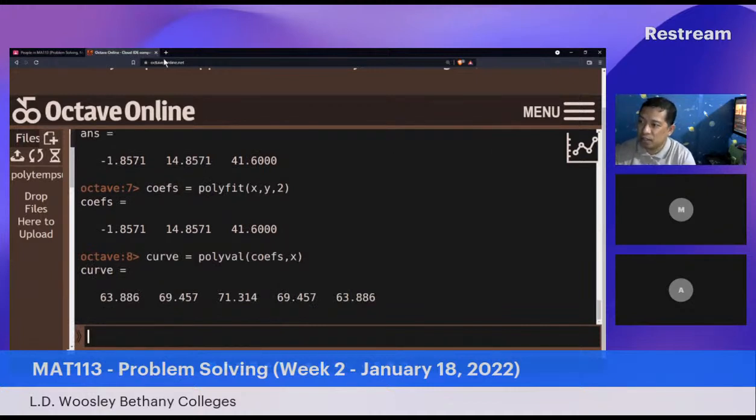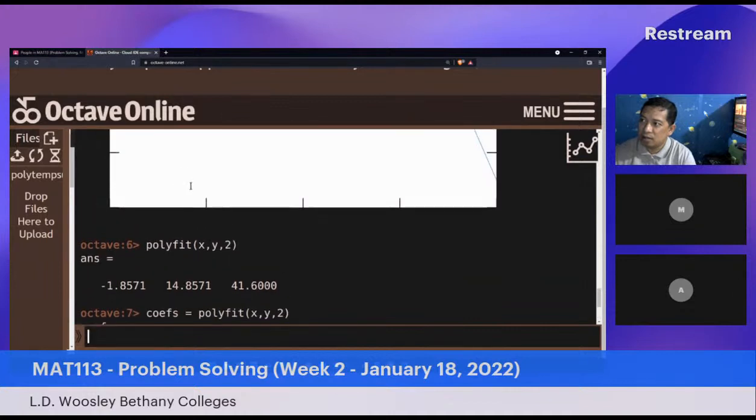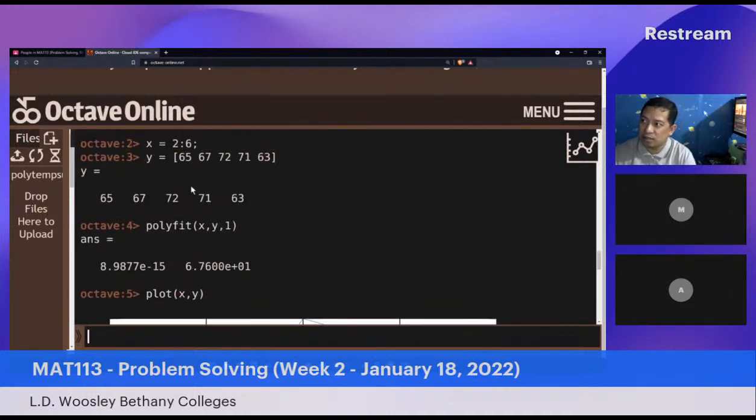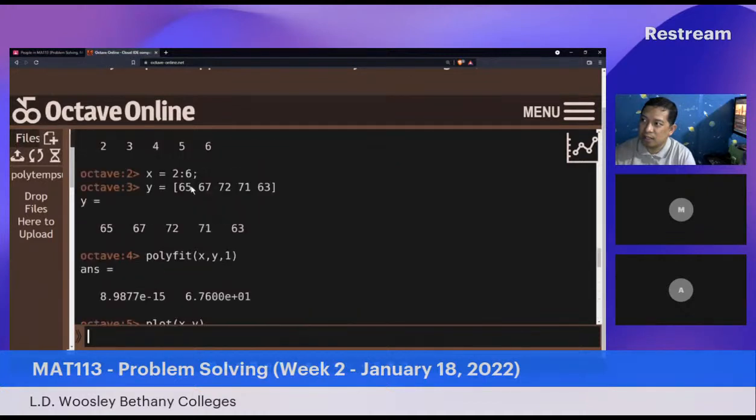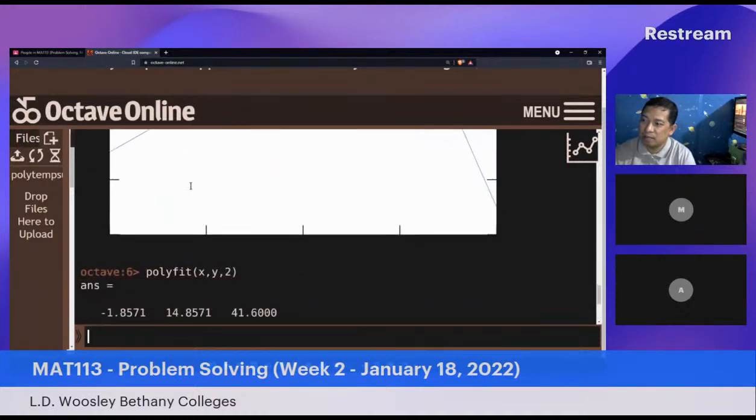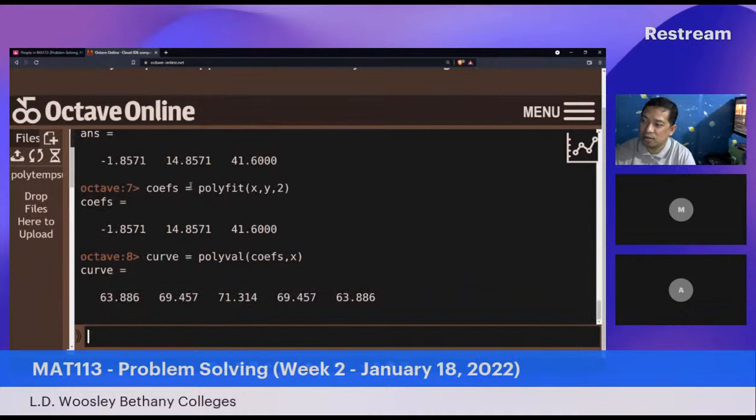No? So pansinin natin yung original values niya, no? Nakuha ba yung original value? Na parang medyo hawig, no? Doon sa original value niya, doon sa as we equate this to